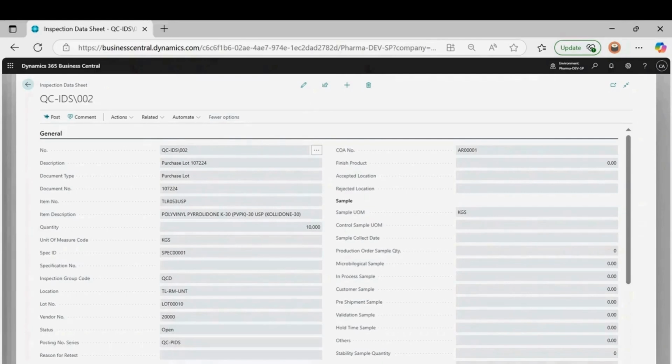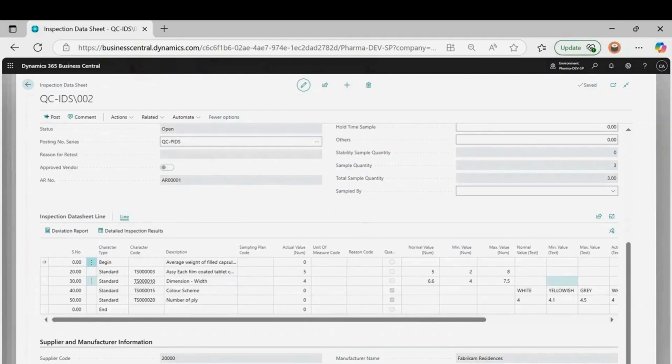On this page, the user can enter the sampling quantity that needs to be done. We have different types of samples that are used in the industry, and we have just entered a basic sample quantity here. All the other information is taken from the purchase order. As you can see, the location is under test. Once that is done, if we scroll down on the page, we also have the line levels